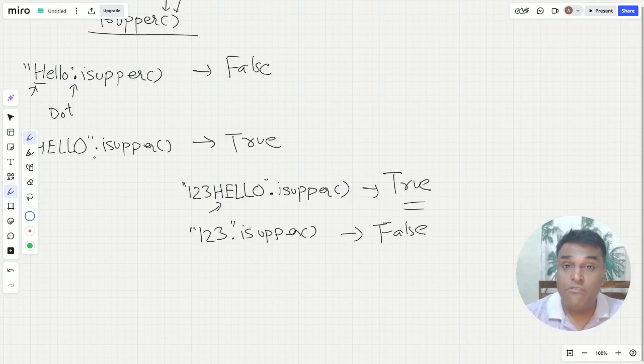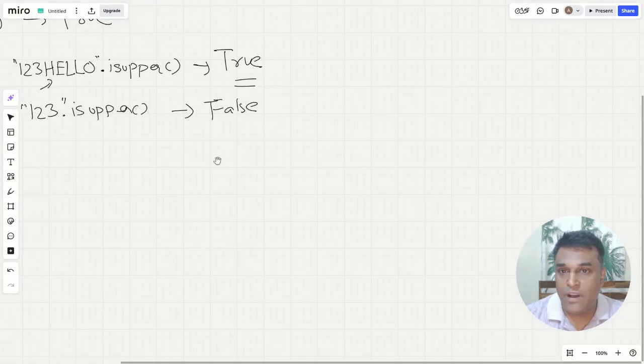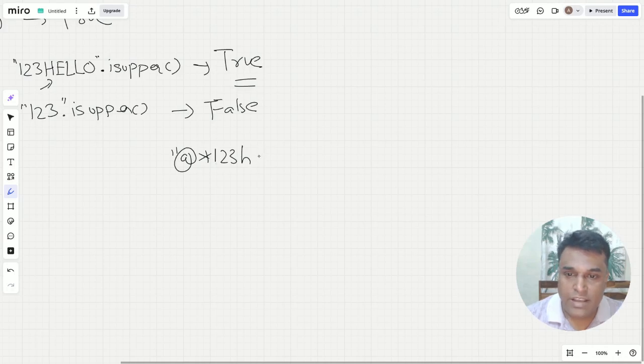So it will check for the letters, it will check for the alphabets, and this is where people normally get confused. If you have to answer a question like predict the output, it will be quite confusing to you. So now let us have one more. That is at the rate, and there is a star character, 1, 2, 3, and there is H, and again there is a slash. Okay, and then I say is